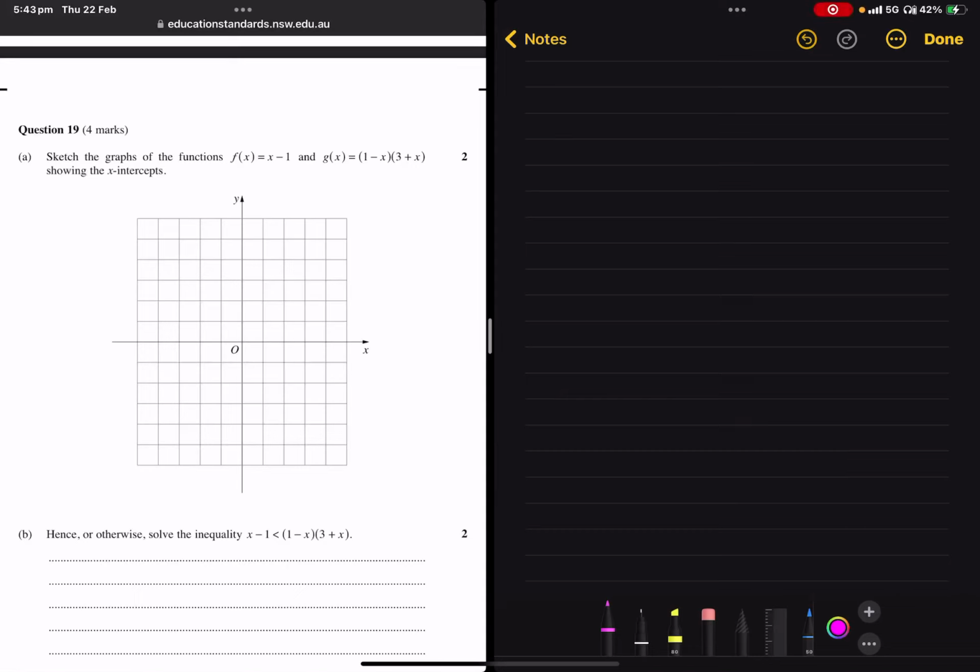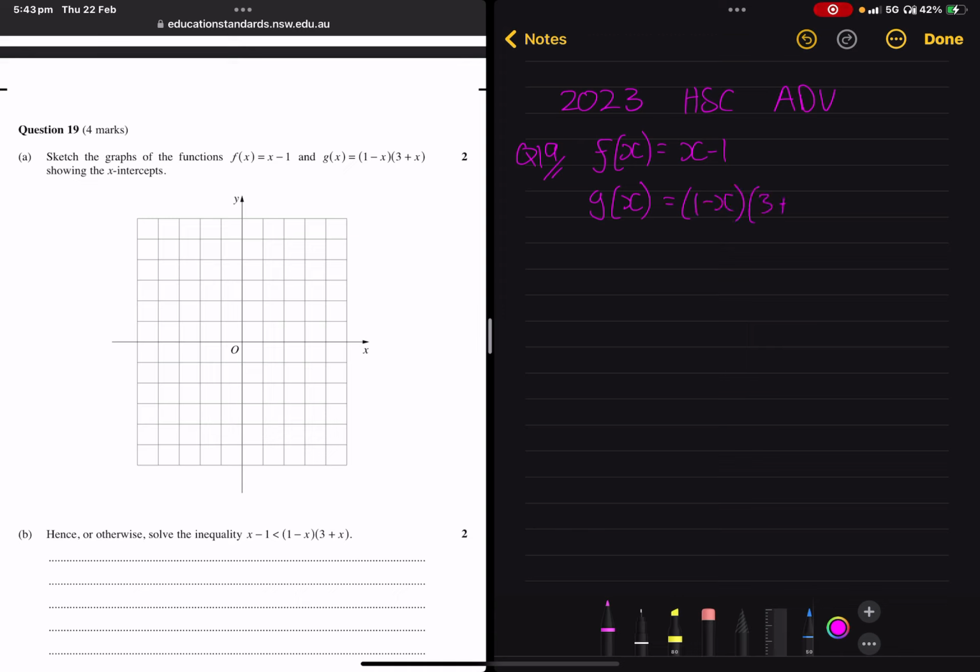Okay, so we're going to take a look at a question from the 2023 HSC Advanced Maths paper. This is question 19. So for part A it says sketch the graphs of the functions. We're told f of x is x minus 1 and we're told g of x is 1 minus x